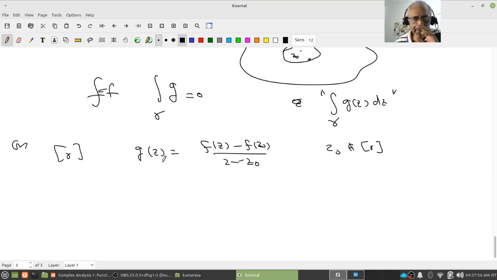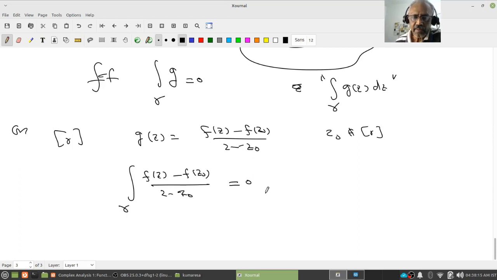Therefore z cannot be equal to z naught, therefore z is different from z naught, and hence g of z must be this. Therefore what do I get? Integral of f of z minus f of z naught over z minus z naught over gamma, that must be 0,